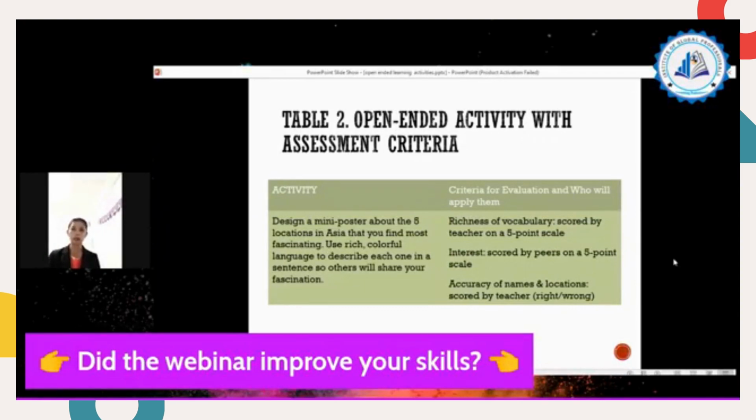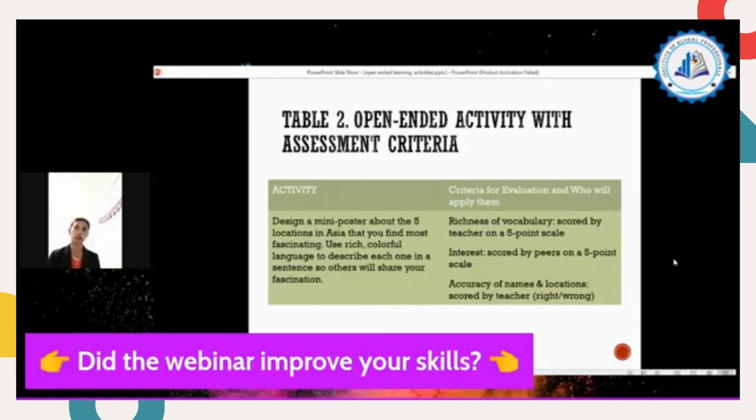And they can do it by peer-to-peer interaction. They're going to exchange their ideas. They're going to exchange their experiences, or if they're watching some Korean novela, K-drama, or some animes, they can exchange on what they thought about it. And then you as a teacher can also evaluate the accuracy of names and location. Meaning the correctness of the spelling of each